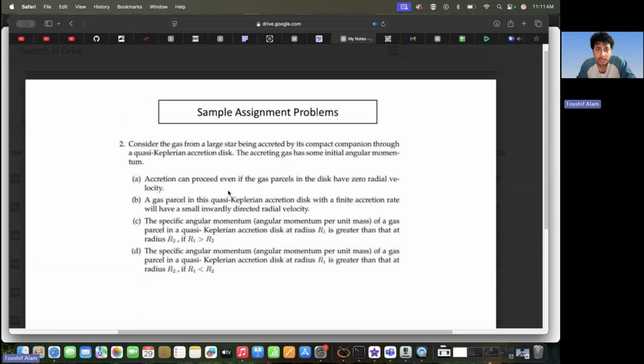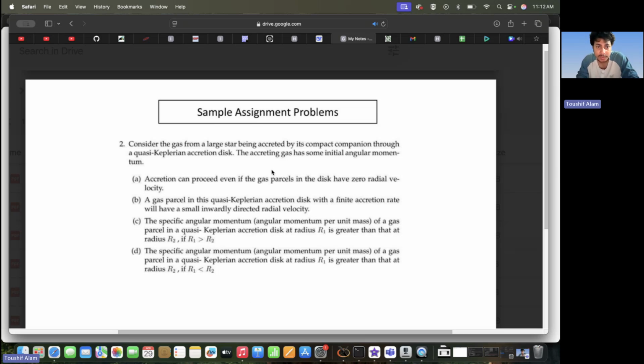Question number 2: consider the gas from a large star being accreted by its compact companion through a quasi-Keplerian accretion disk. The accreting gas has some initial angular momentum. Accretion can proceed even if the gas particles in the disk have zero radial velocity. A gas particle in this quasi-Keplerian accretion disk with a finite accretion rate will have a small inwardly directed radial